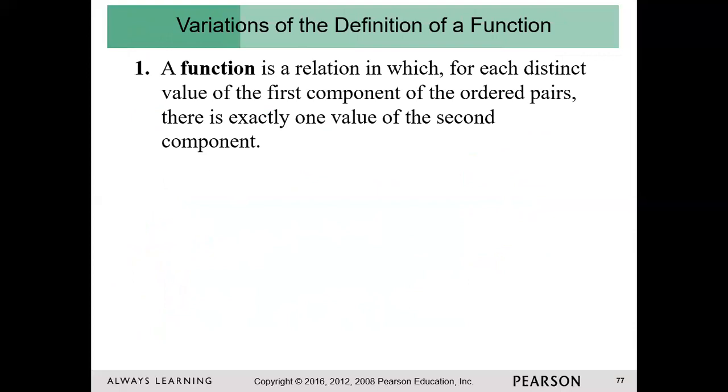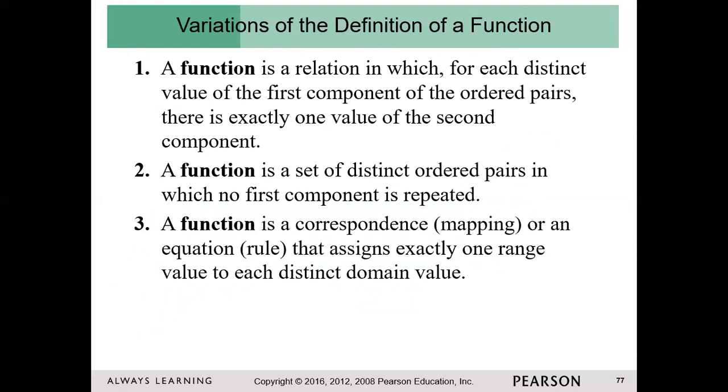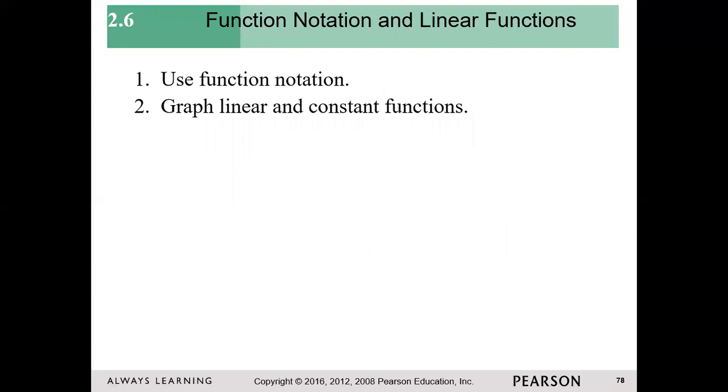So, variations of the definition of a function. A function is a relation in which for each distinct value of the first component of the ordered pairs, there's exactly one value of the second component. A function is a set of distinct ordered pairs in which no first component is repeated. A function is a correspondence, mapping, or an equation that assigns exactly one range value to each distinct domain value. And there we go. And I believe this is the last section of this chapter, which is function notation and